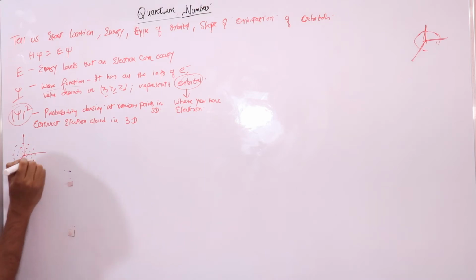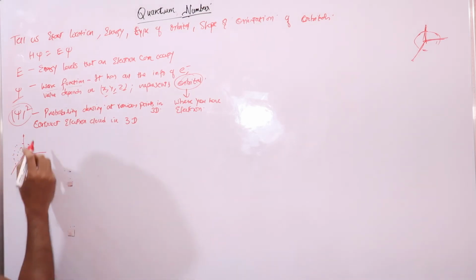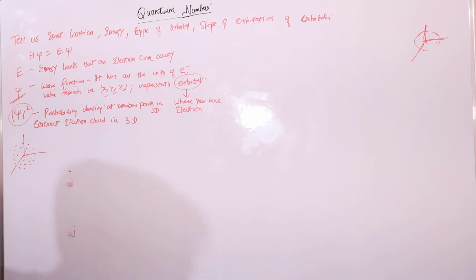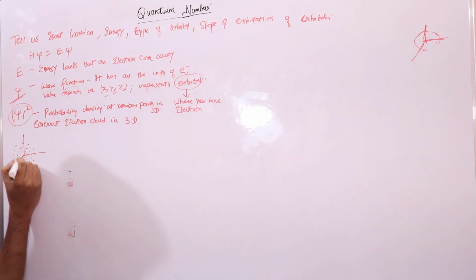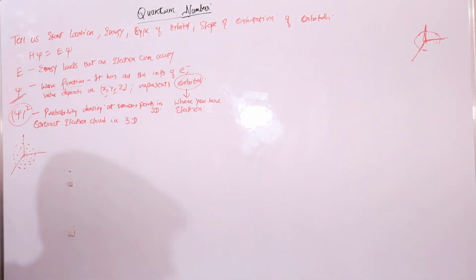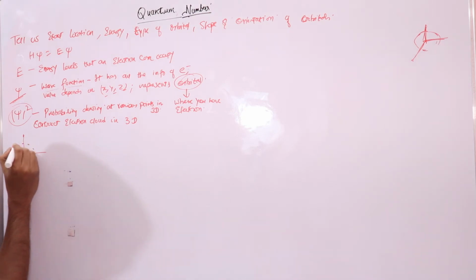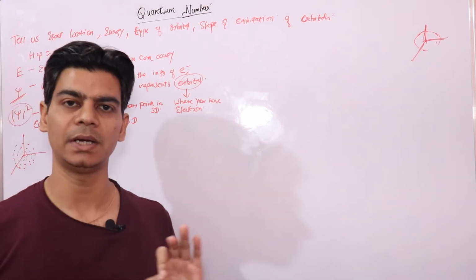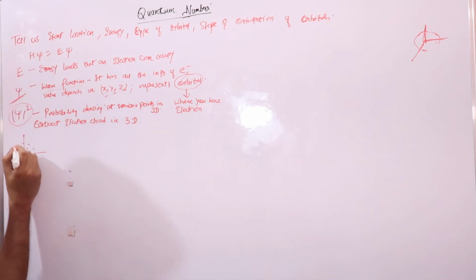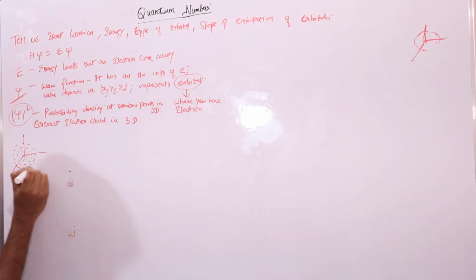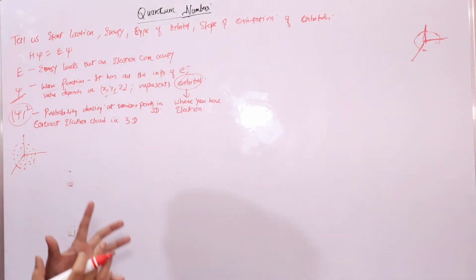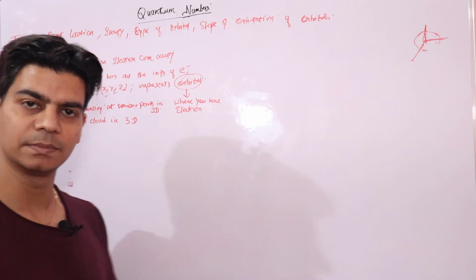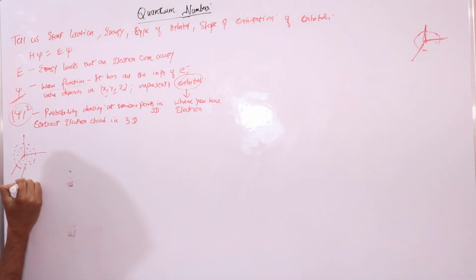And these dots are constructed using the value of psi. If I take the square of psi, what I get is this kind of shape, right? This shape represents an orbital, and what I am calculating by the value of psi square is the probability of finding an electron. So the probability of finding an electron would be like this. This is the shape that I am getting in three dimensions, where the probability of finding an electron is maximum. So this shape is your spherical,